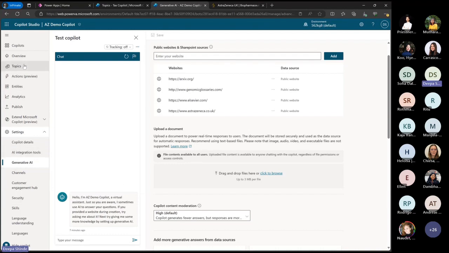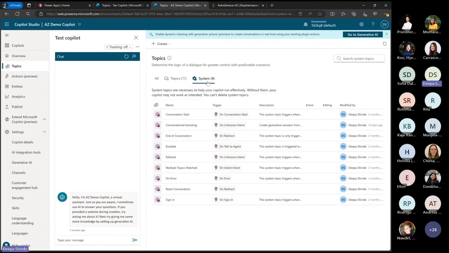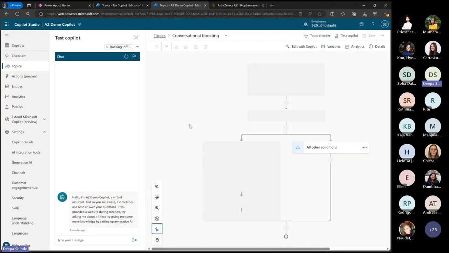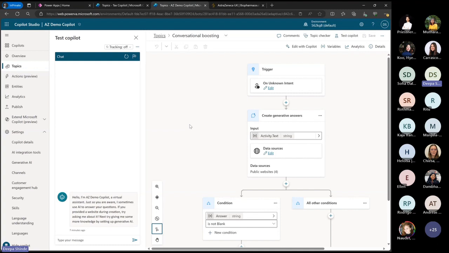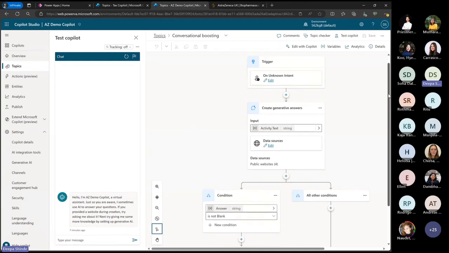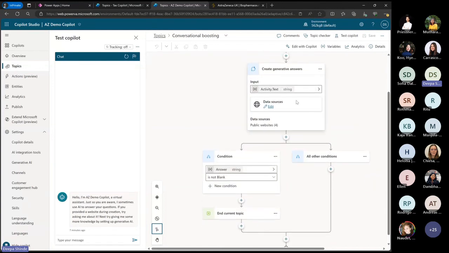Now, let me quickly show you what I mean by this. Let me show you a system topic. There's a system topic called conversational boosting. This topic will be hit when the Copilot doesn't find any topic match. What it would do is use the LLM functionality in the backend, that is grounding.